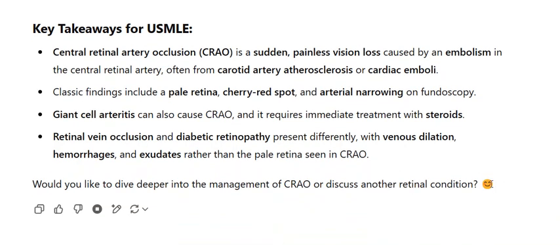Retinal vein occlusion and diabetic retinopathy present differently, with venous dilation, hemorrhages, and exudates, rather than the pale retina seen in CRAO. Would you like to dive deeper into the